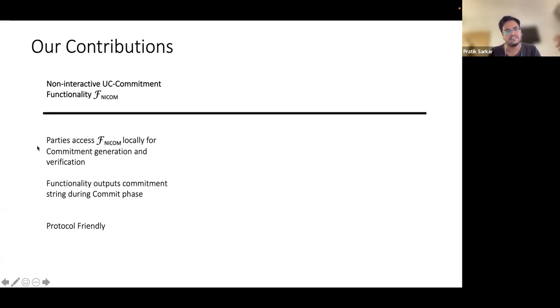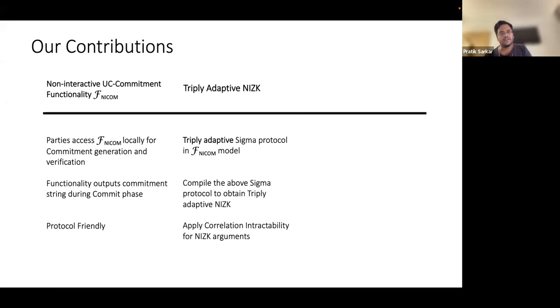And here the parties can access the FNICOM locally for commitment generation and commitment verification. And our functionality also outputs the commitment string during the commit phase. So this models a non-interactive commitment more closely, and also it's very friendly to MPC protocols. And then we introduce the notion of triply adaptive Sigma protocol in the FNICOM model. And then we show how to compile such Sigma protocols to obtain triply adaptive NIZK by using correlation intractable hash